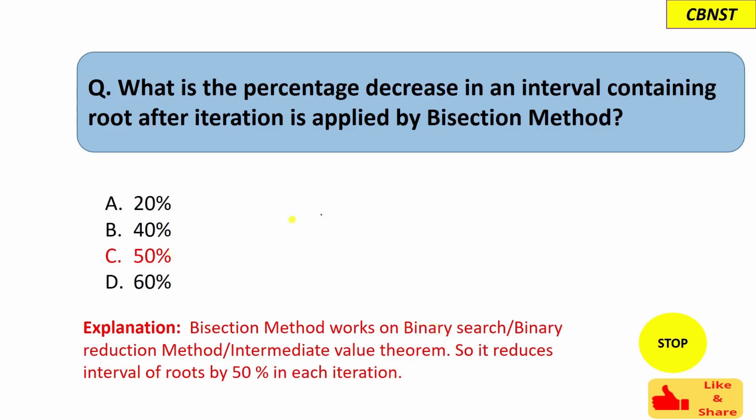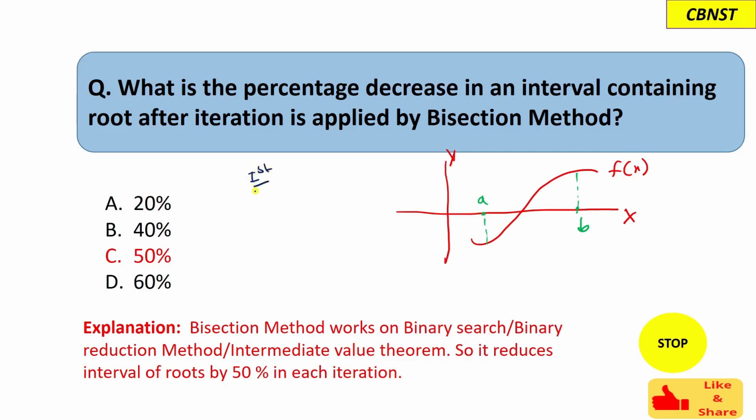In each iteration, what happens actually, let's say we have an x-axis and a y-axis, and we have this function f of x, and let's say we have 2 points a and b on this x-axis. In the bisection method, we first find the point between a and b, so that we can guess that it can be a root of this function. In the first iteration, we find a midpoint between a and b using (a plus b) by 2. Let's say we get point c. That c point can be anywhere between a and b. Let's say we have this point.